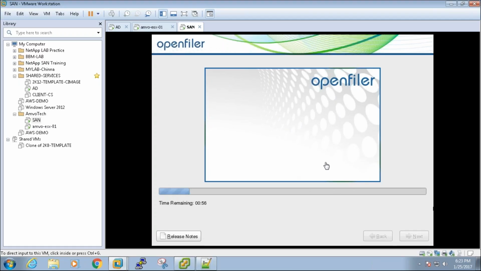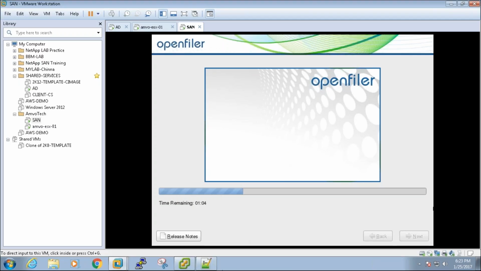Once the installation is complete, probably we can change the IP address from dynamic to static. This interface is not so friendly. That's the reason I did not make an attempt to configure the IP address here. Otherwise, you can configure a static IP in the wizard, or you can also configure it post installation. I'll show you how you do that.